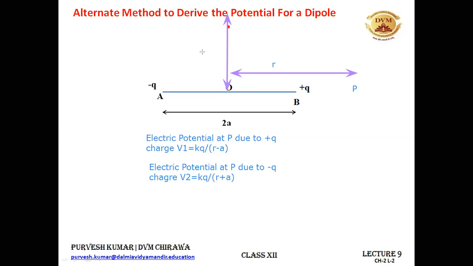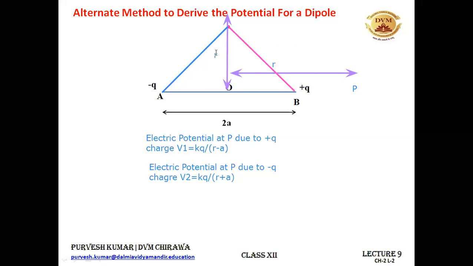All right, so that has to be like this. So this distance you will be finding first, and then you need to find the distance of this equatorial point from the charge minus q. So it has to be somewhere like this. That you need to find. What is the value? It will be root of a square plus r square, because the point P is lying at a distance r. So this distance has to be r. We are taking an equatorial point that is lying at a distance r. All right, so this was r.